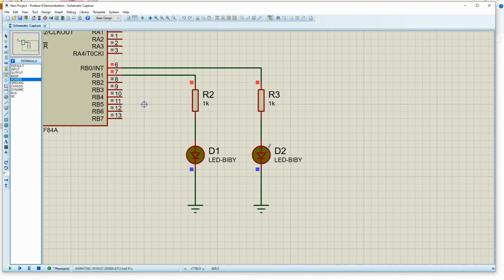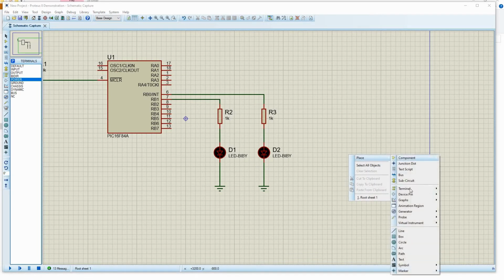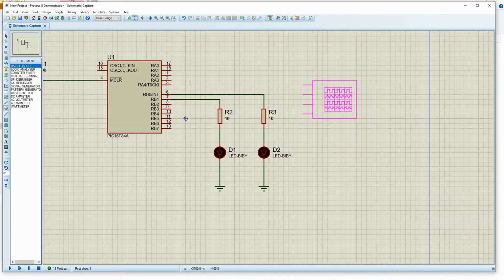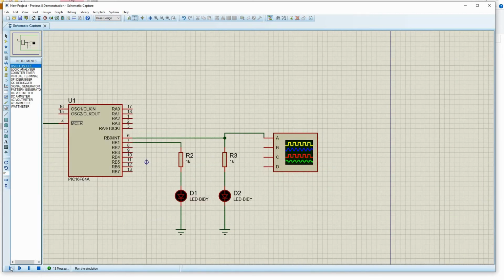And this frequency. So let's put a scope and find out. Place virtual instrument scope. Let me connect to it and start it.